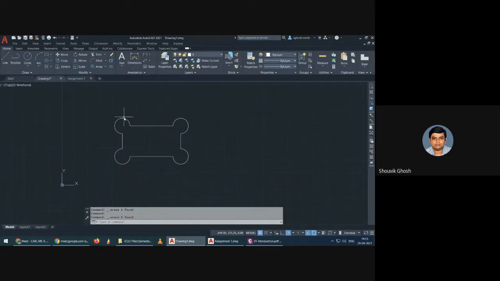What it does, it joins the individual objects into a single specified object. As you can see, it is transformed from seven segments, you can see over here, seven segments into one polyline.